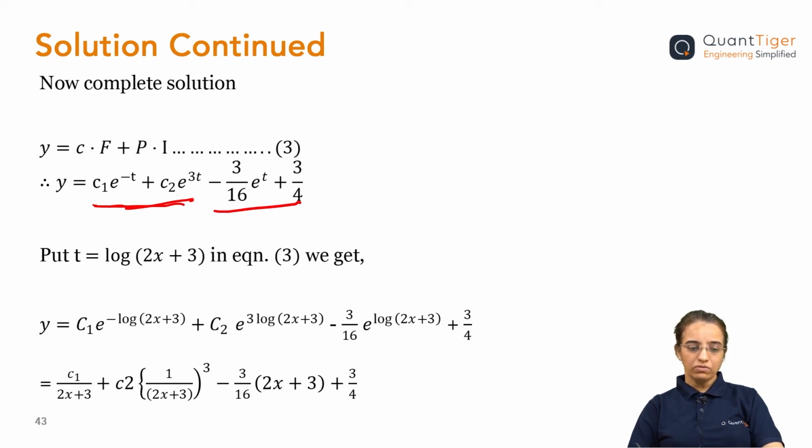So now if you see, this complete solution is there with us, but that's in the format of t. T was not given in the given equation. If you remember, the given equation is in the form of x. In the given equation independent variable was x. So हमें जो t के फॉर्म में आ चुका है, हमें वो we have to put it back in the form of x. So that's why we have to replace that t. t की वैल्यू हमें already पता है, उसे what we have to substitute. So t is equal to log 2x plus 3. So ये हमें substitute करना होगा equation 3 में,